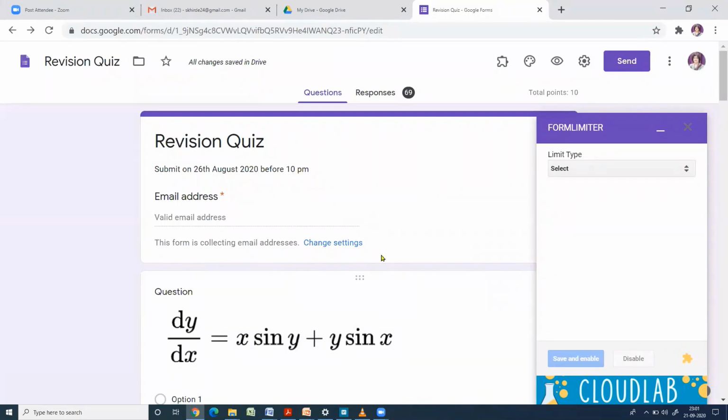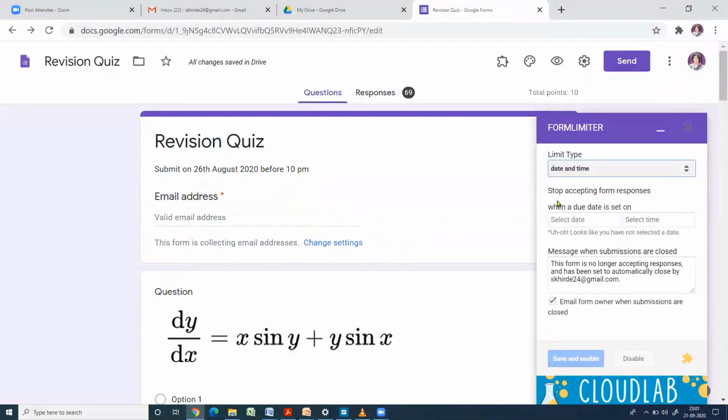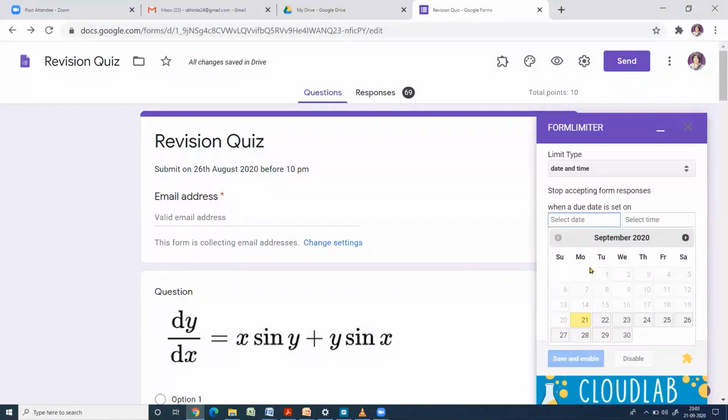Now this is our quiz where we want to give the time limit. So here click on this, select, click on date and time, and then here you can select the date and time. So you can set the due date using this. Click on select date. Suppose you want the due date to be 22nd.